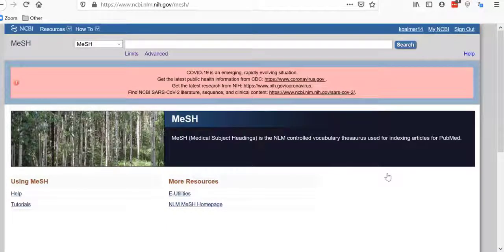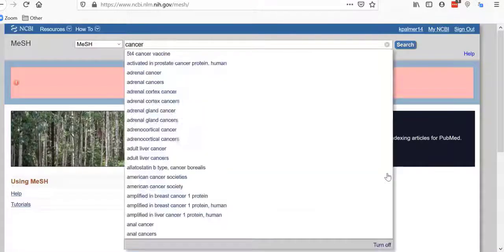MeSH stands for Medical Subject Heading, which is a controlled vocabulary thesaurus used for indexing articles in PubMed. This means that every article in PubMed will have MeSH tags applied to it to make them easier to search and to find articles that are related to the same topic but whose authors may have used different language. For example, if we think about cancer, there are many different ways to talk about cancer. Cancer can be referred to as cancer, tumors, neoplasms, and many other different phrases. However, if you use the MeSH term, you should find all of the articles talking about cancer, even if they used a different phrase. If we type cancer into the MeSH bar,